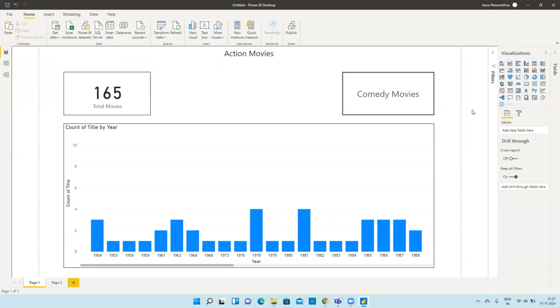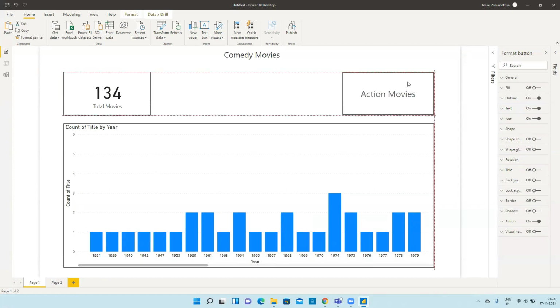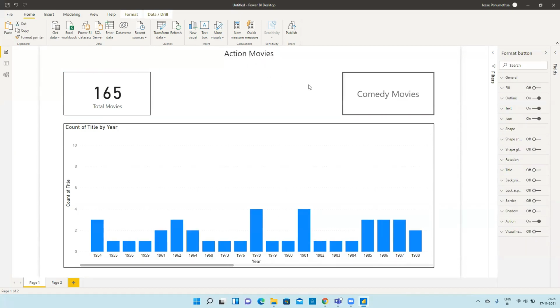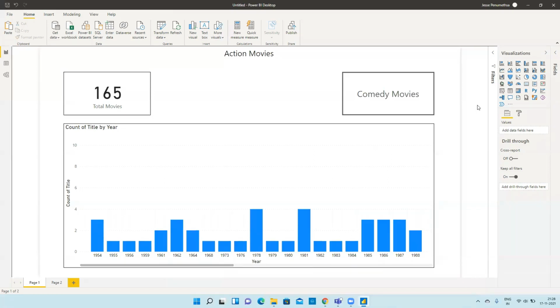Okay. And yes, we can create many bookmarks on the same page. So right now I will create one more bookmark. Imagine you have now developed this dashboard, and once you publish this dashboard to the service environment, you will explain it to your client. See boss, this is the report available. If I click on comedy movies, this bookmark will change to the comedy movies page, and if I click on action movies, it will change to the action movies page. This is what I have created. You can see it's very informative. And he says, yeah, this is very nice.